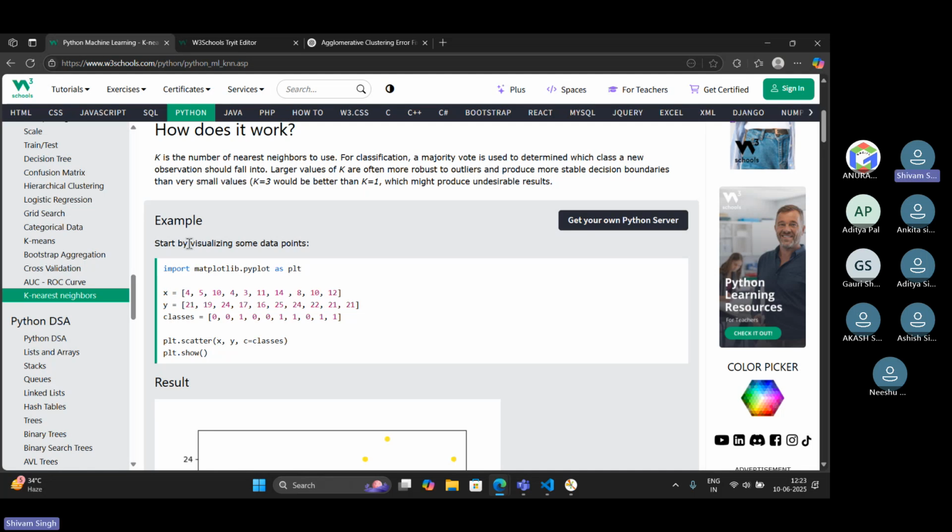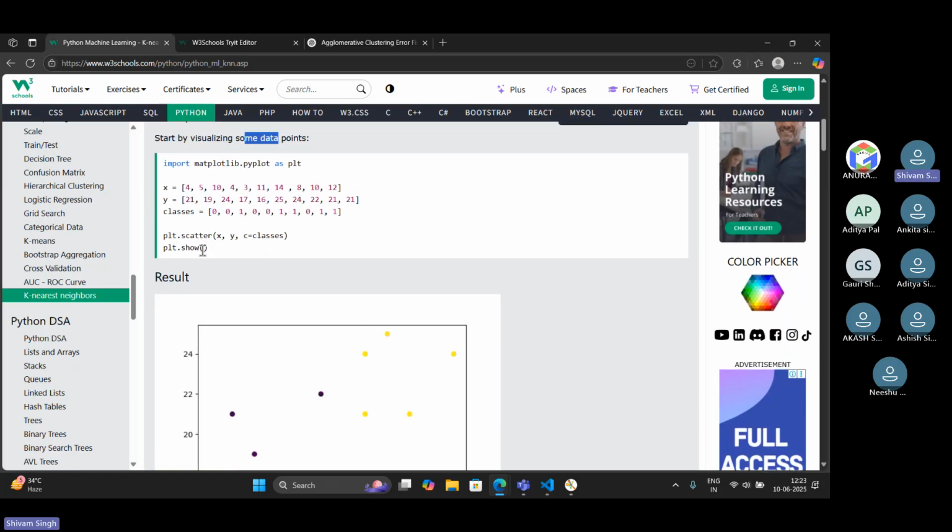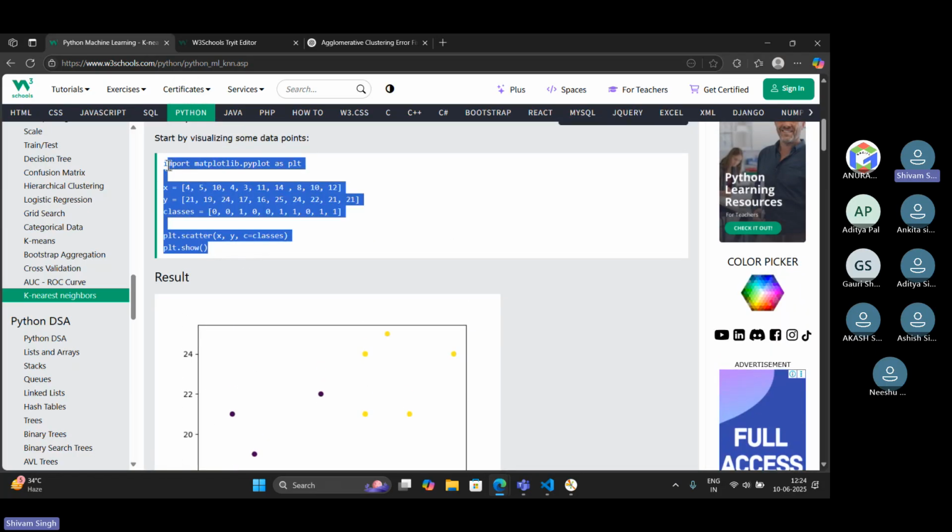Start by visualizing some data points. So when we plot this data, we will get the scatter plot graph.